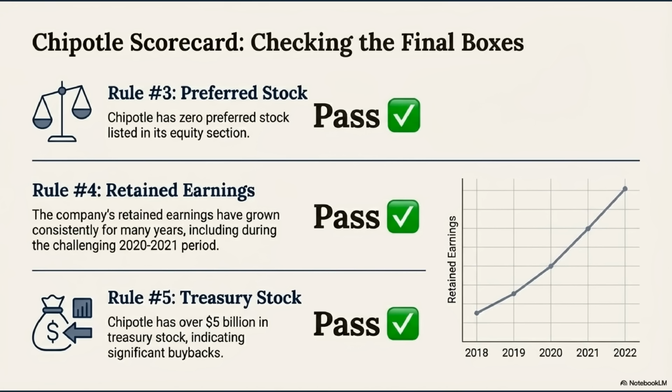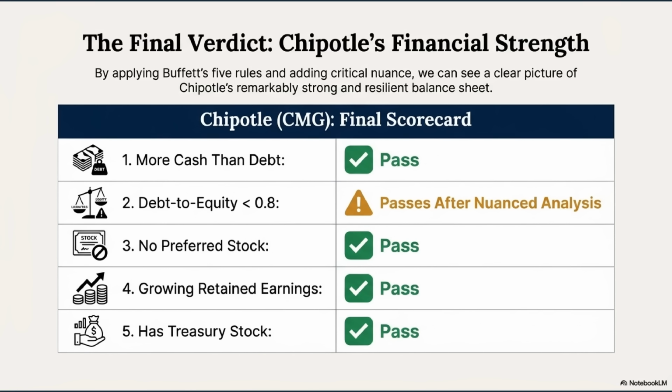Rule 1, cash versus debt. CMG's balance sheet shows about $1.42 billion in cash and short-term investments. And crucially, if you scan their liabilities, the word debt, traditional bank loans, corporate bonds, it's not there. They are essentially debt-free in the traditional sense. That's the easiest pass you can possibly get on Rule 1. Plenty of cash, zero traditional debt. Okay. They are the definition of financial independence.